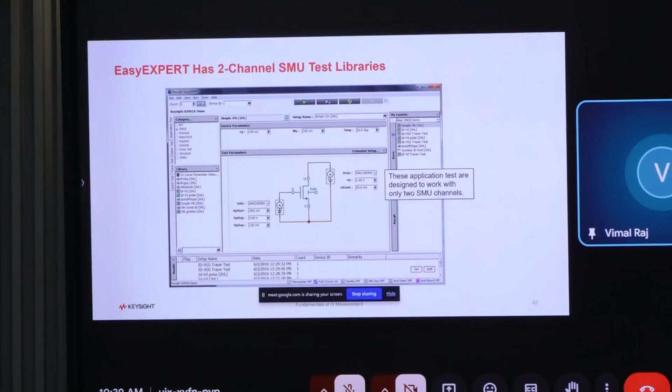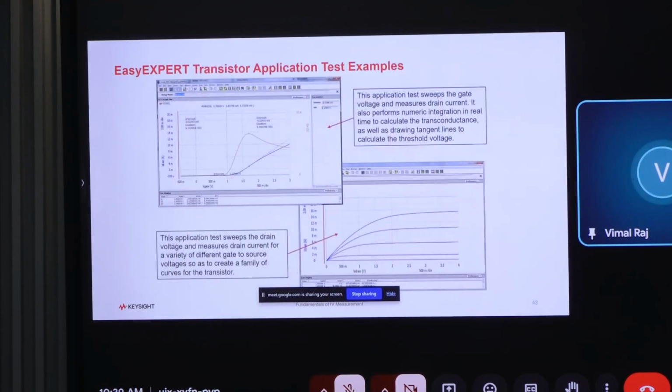And if you want to see the repeatability of the test, you can repeatedly run the test 10 times, even 100 times, and you can see the performance of your sample. That is also possible in our software. Okay. Here you see the multiple